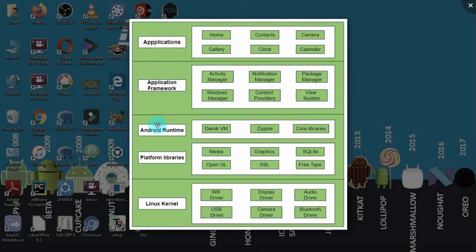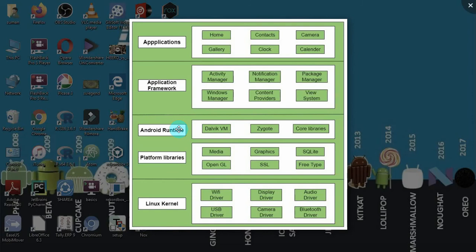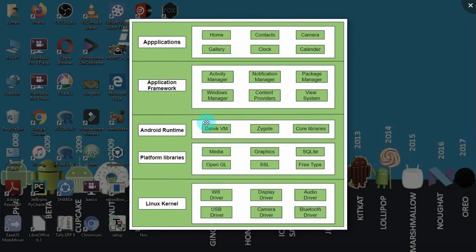For example, you might have seen the Java virtual machine, JVM. In the same way as in Java you have a Java virtual machine, here we have a Dalvik virtual machine. It is a register based virtual machine, specially designed and optimized for Android to ensure that any device can run multiple instances. It depends on the Linux kernel layer for threading and lower level management, which we will discuss when we go to the last base level.